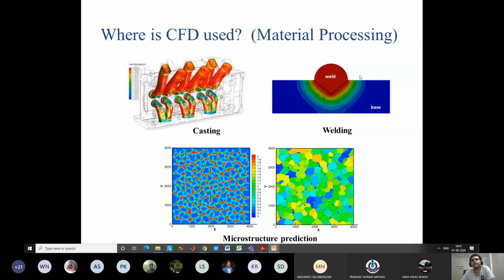Nowadays, large groups are working on this. Even in our case here, for example, Professor Manas Mahapatra is an expert in welding. They work on a lot of CFD and FEM analysis of welding using software. We also do our own study, but we focus more on the fundamental aspects, how to develop new models for welding or casting, and they work on applications using those models, like already available commercial models. So this is a very important area.